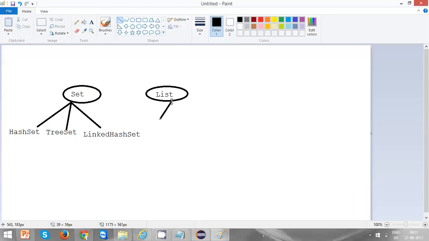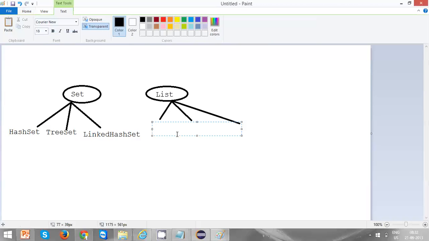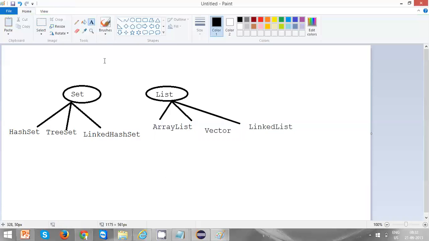We cannot create an object for an interface. And what is in the list? ArrayList, Vector, and LinkedList. Exactly. Now the most important thing in the hierarchy level,